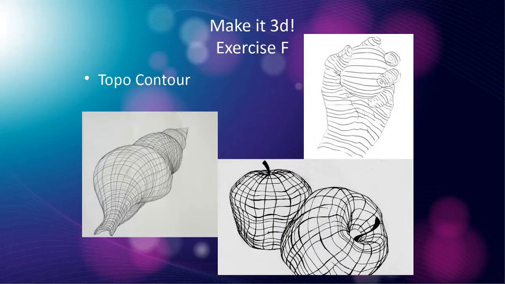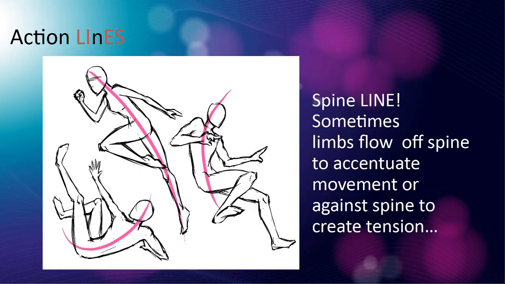Let's talk about action lines. These are some more imaginary lines. They don't exist, but they help your drawings when you're drawing characters or other things to show the motion of what's happening in the image. So you can see here, the action line typically follows the spine, and the head might be included in it because oftentimes humans move with their head first, and then their spine follows, and then their legs and limbs follow from that. So this person's jumping, and they form this nice arc.